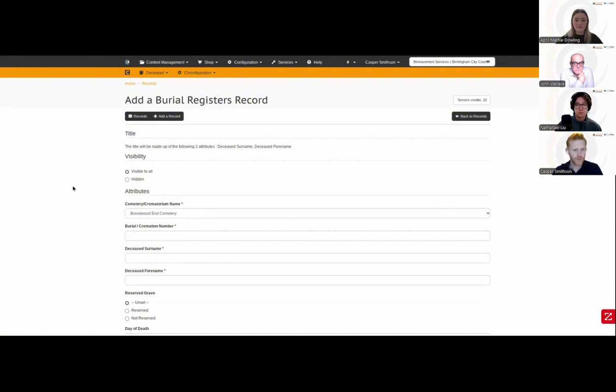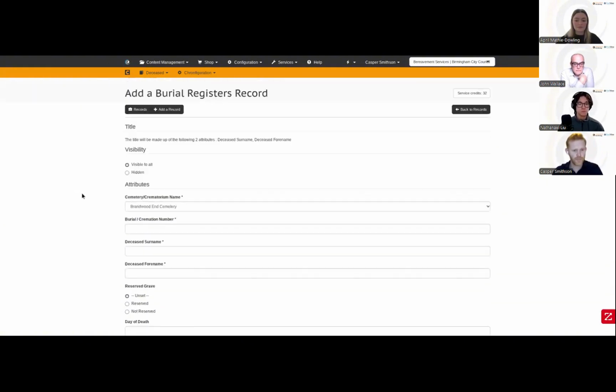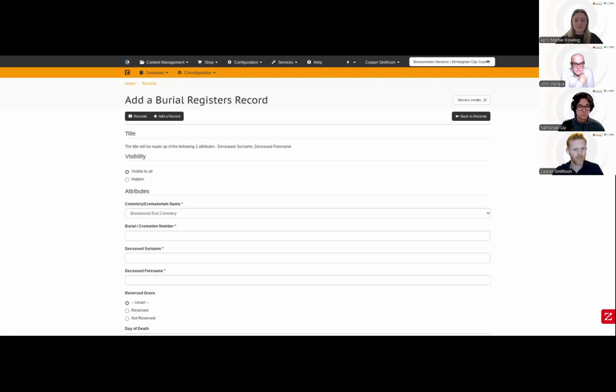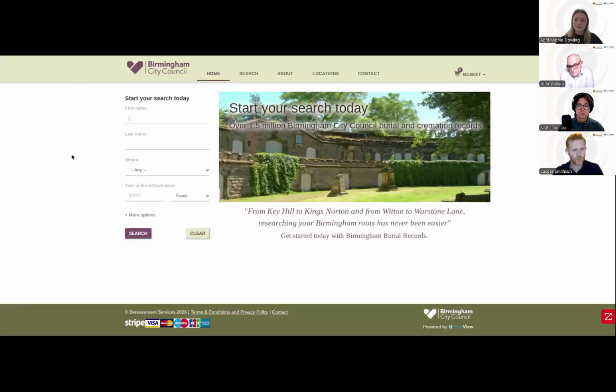And what we'll do now is we'll switch over to the website side of things and provide a very quick demonstration on the Birmingham City Council front-end website, which we'll showcase on here and bring that all together in the mechanisms that they use for the ability to search across this content. So if we carry out the same search that we were just doing on the front end,